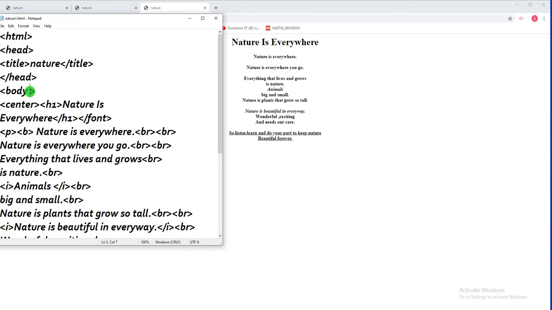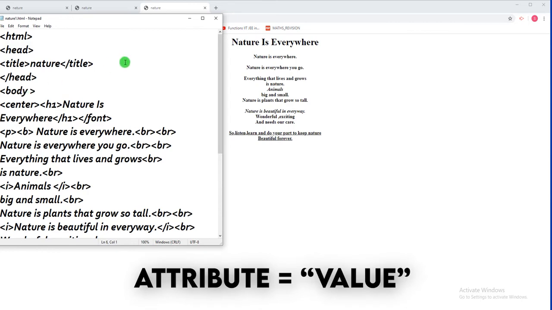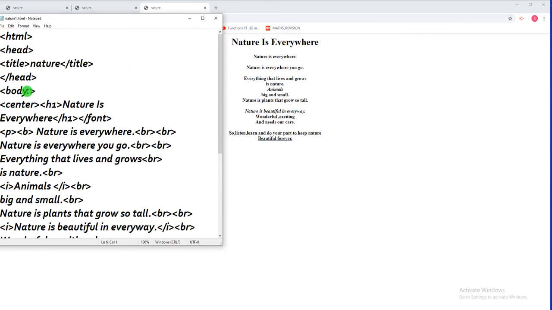For example, we would be doing the attributes of the body tag today. Now, if I need to give a color to this, what I'm going to do is I'm going to use the BG color attribute in the body tag. This is the body tag. In the body tag, now how do I give an attribute? Attribute usually comes as name of the attribute and its value. Like I've just said, I'll be using the BG color attribute.